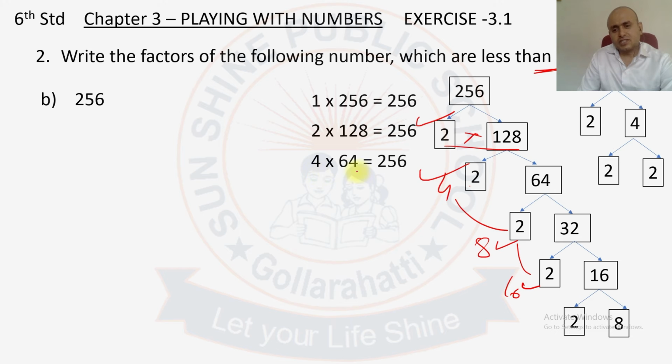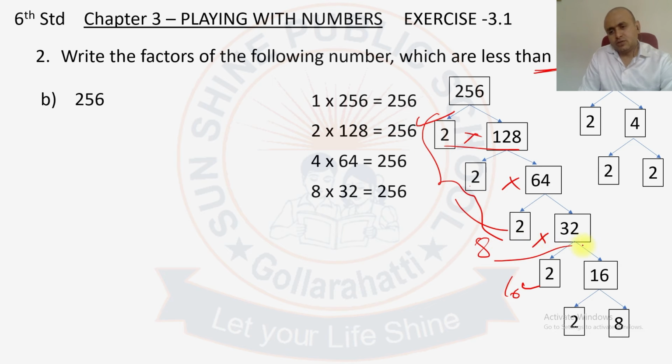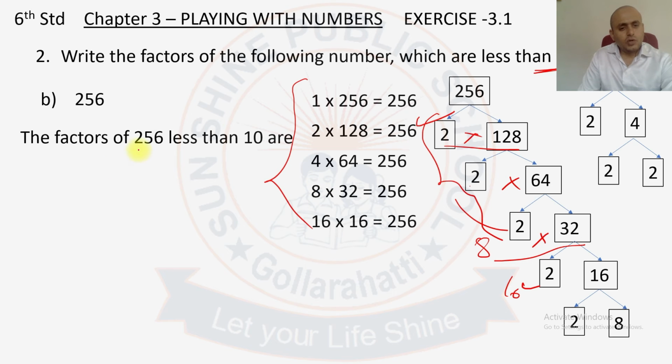4 64s are 256. 2 2s are 4, 4 into 64 is 256. 8 32s are 256. 2 2s are 4, 4 2s are 8, so 8 into 32 is 256. That's all. Since they asked for less than 10, we will write 1, 2, 4 and 8. Therefore, the factors of 256